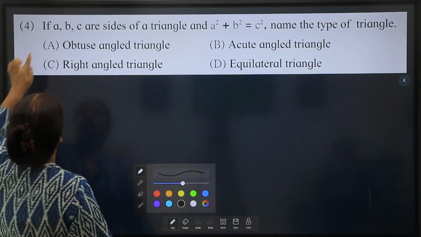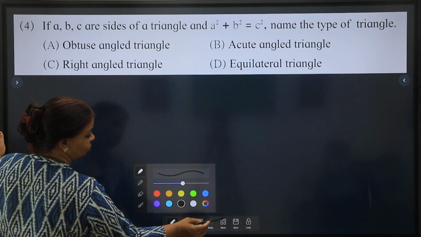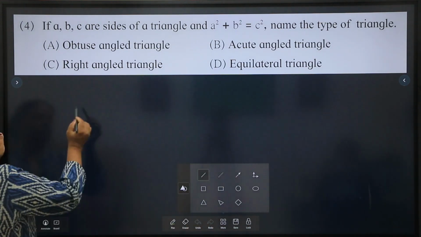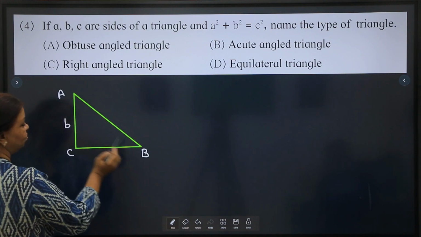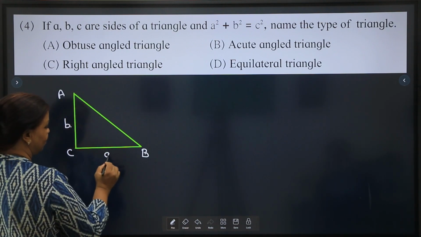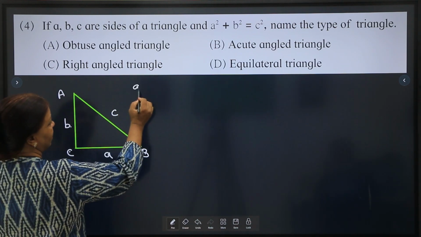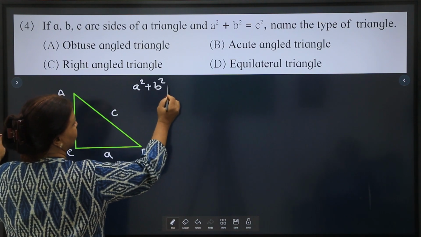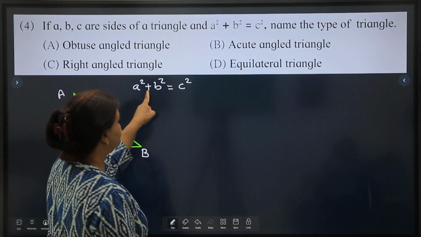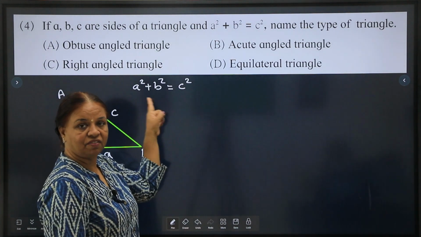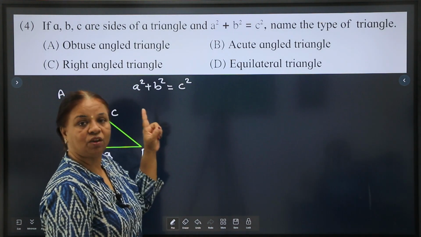It is given that a, b, c are sides of a triangle. So let's draw a triangle. So B is one vertex, opposite to B will be small b, opposite to A will be small a, opposite to C will be small c. It is given that a square plus b square is equal to c square. So name the type of triangle. So if the sum of the squares of two sides is equal to the square of the third side, by converse of Pythagoras theorem,